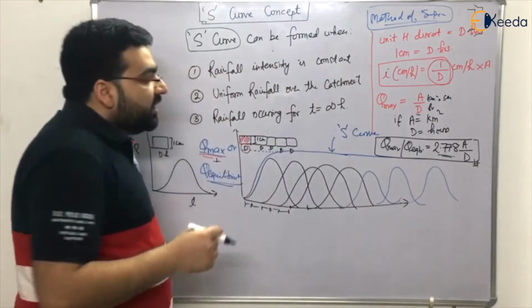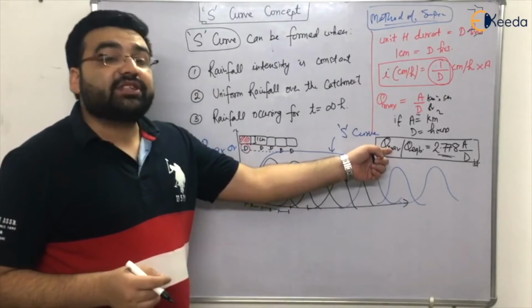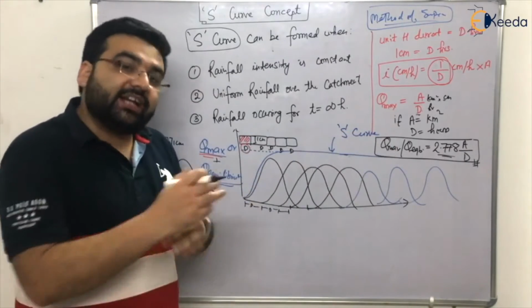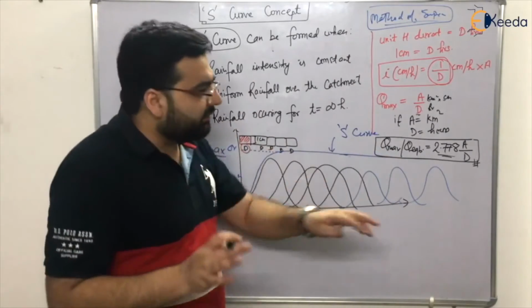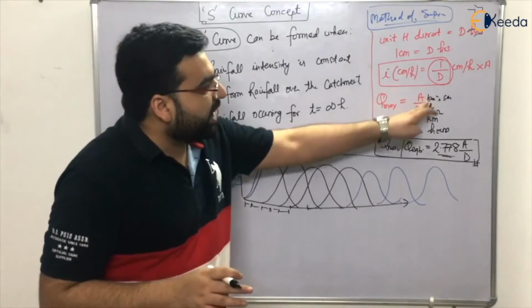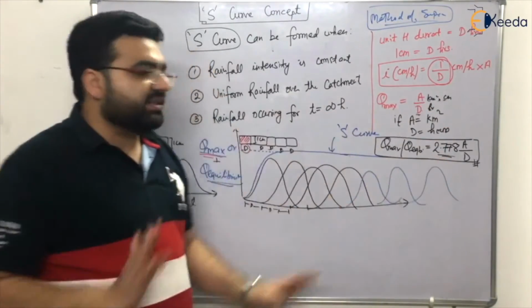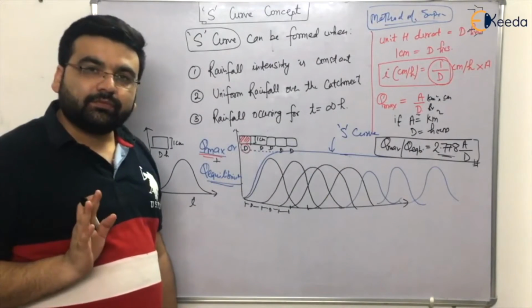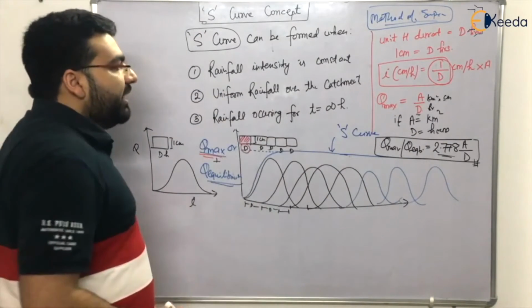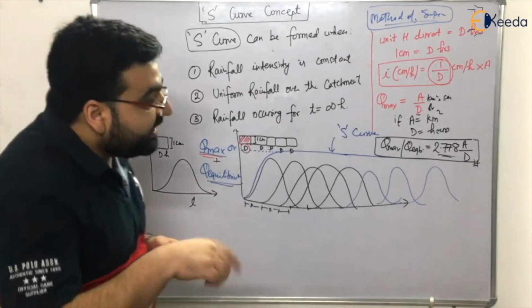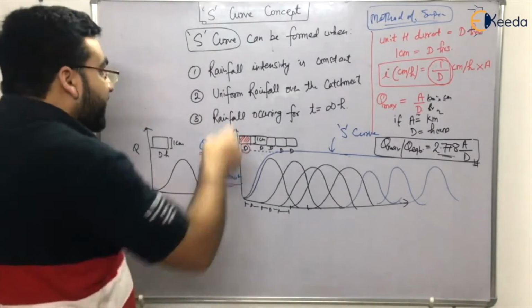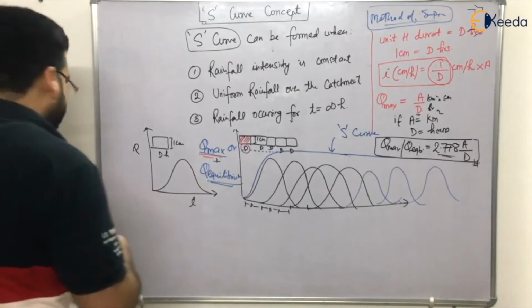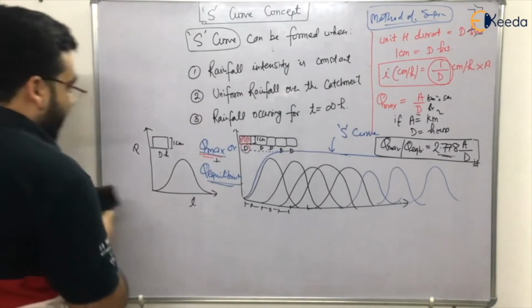And dear students, this question has been asked many times in many examinations, directly or indirectly, right? So this formula is very important. Even if you don't remember the formula, just remember that Q max equals A by D. Then convert the units, you will get the answer. Simple. So that is how you can determine Q max. There are two other methods actually by which you can determine Q max, right? So first of all, let me rub this. I hope you are getting it, right?